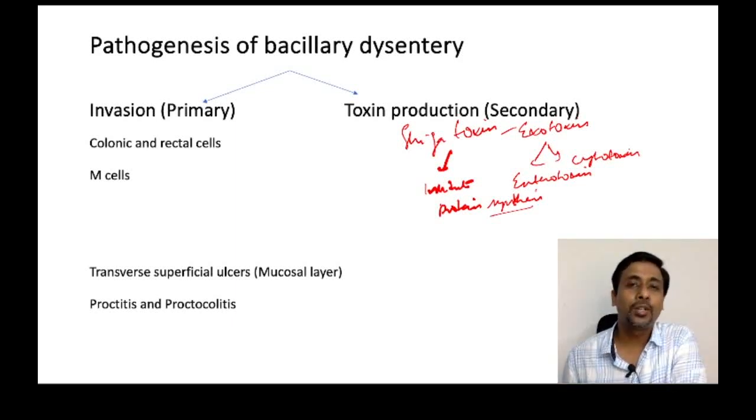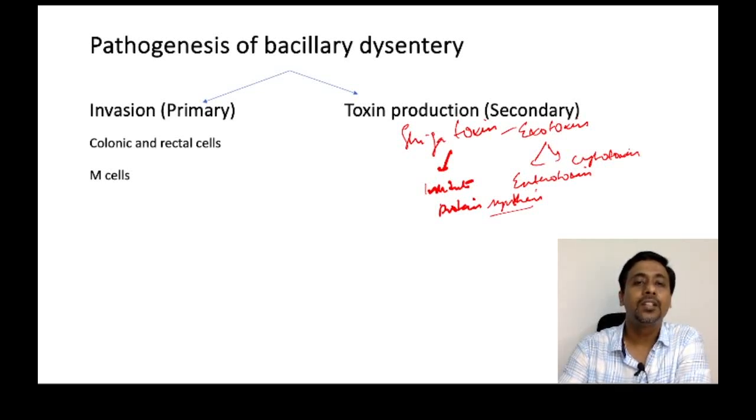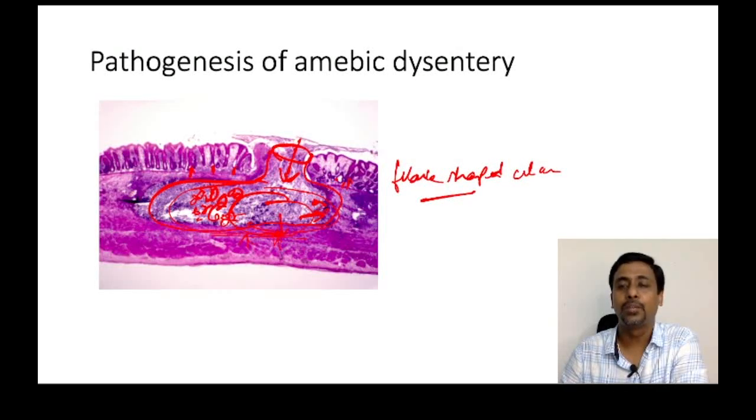So the toxin produced by bacillary dysentery or the Shigella species inhibits protein synthesis, and it is an exotoxin which has both activities, enterotoxic activity and cytotoxic activity. So this is the pathogenesis. So what difference can we see in the pathogenesis of amoebic dysentery and bacillary dysentery? One more thing I wanted to add into this amoebic dysentery to help you understand the pathogenesis in a much better way,